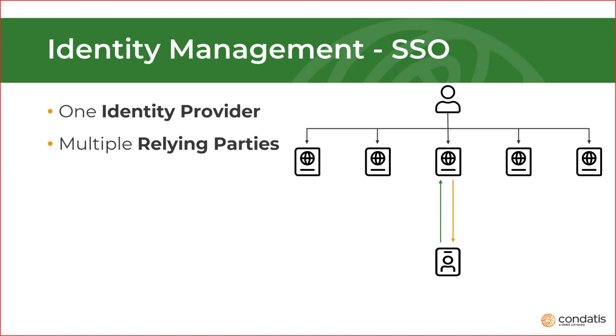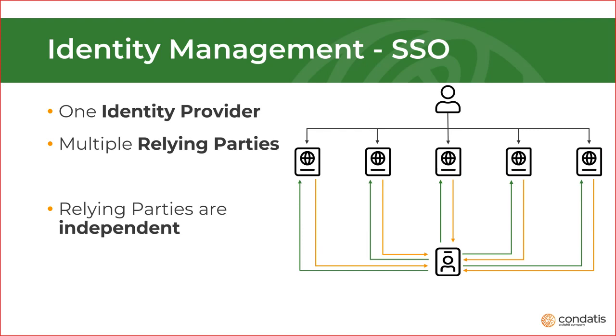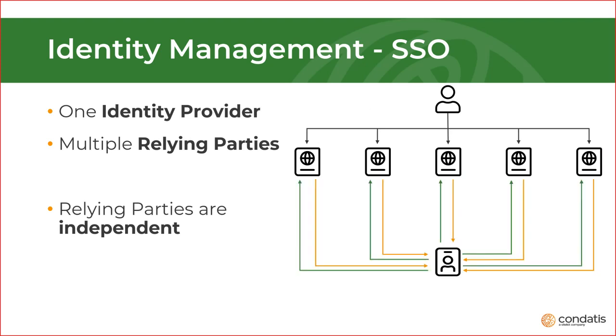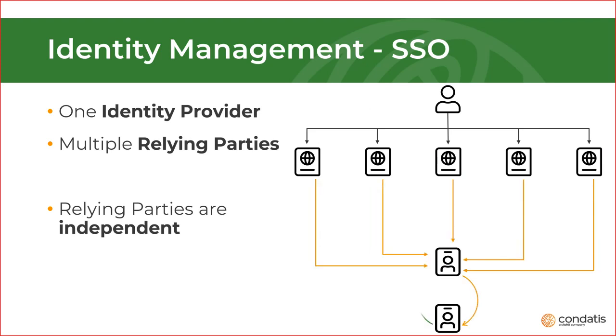You have a single identity that provides access and information to multiple different systems, for example, to Office, Azure, DevOps. Each relying party has its own logic for when authentication is required, but each makes its own call to the identity provider and gets its own response back. No relying party needs to know about or share a session with any of the others. Again, they're all independent of one another. As before, the process supports federation to another identity provider, but relying parties only know about and need to trust the identity provider that they interact with.